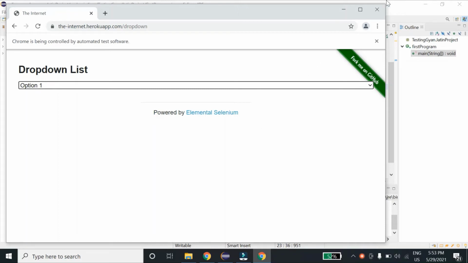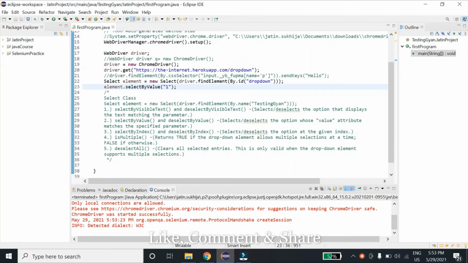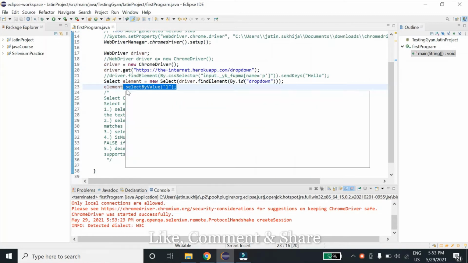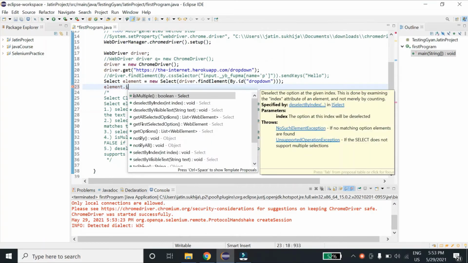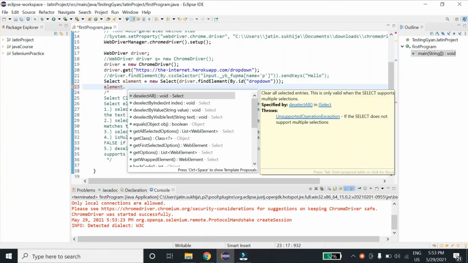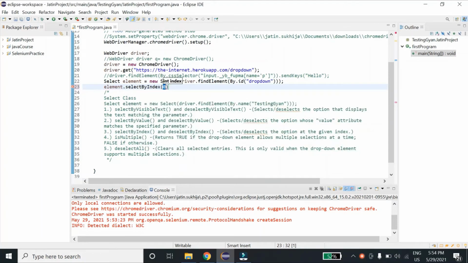So let's do it with the help of index as well. Element dot select by index, and let's say 1.